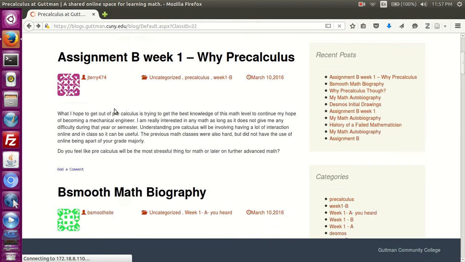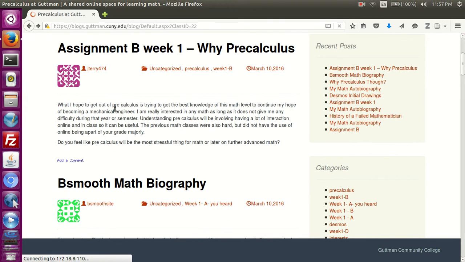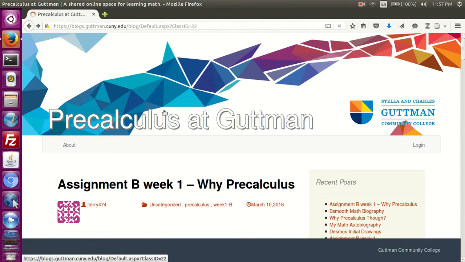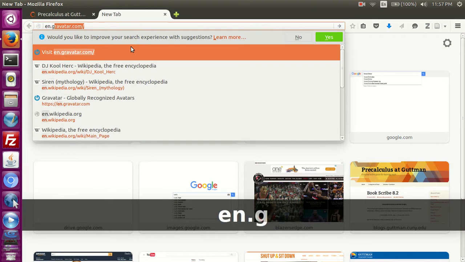That's just the default gravatar. It's an image that they use when you don't have a gravatar. So what we're going to do is create an image that will go in place of this that is more characteristic of you. Alright, so what you do is you go to en for English,